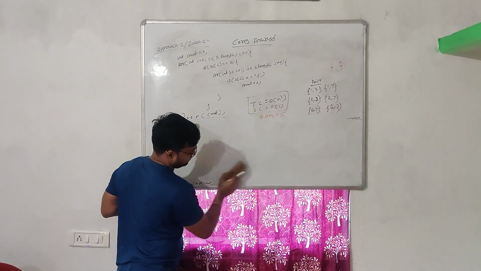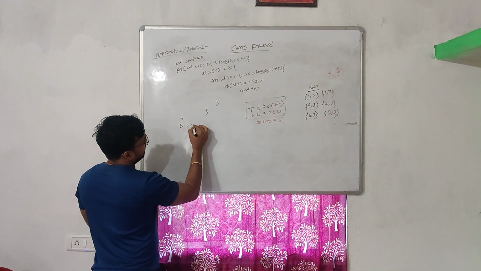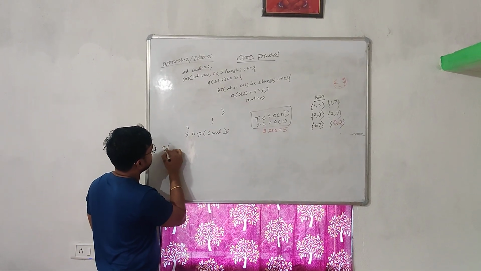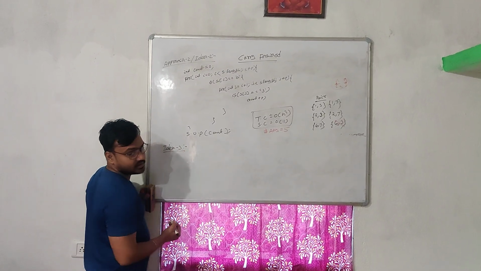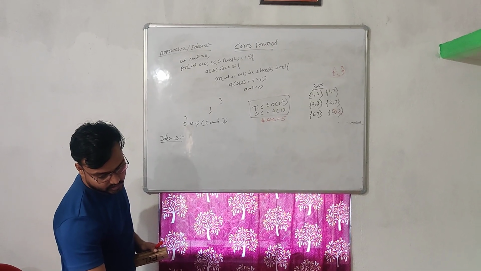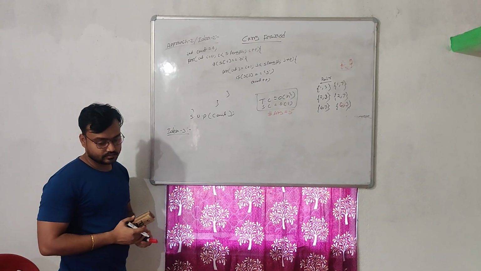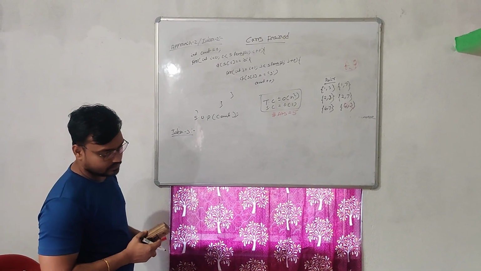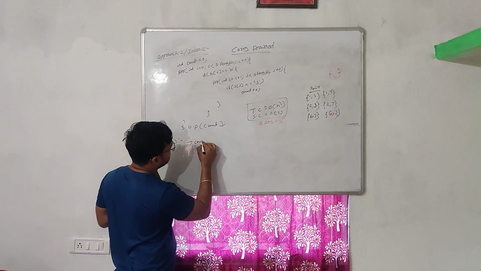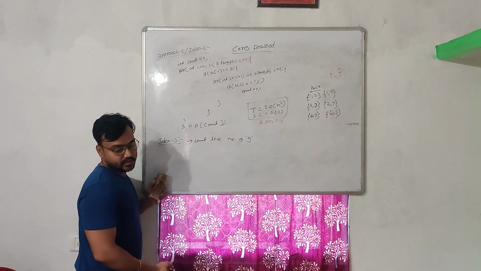Approach 3. Sorry, yes, to print that count. Then idea 3. So here what we will do? For idea 3, what is the approach? We will count the number of G elements from the right,